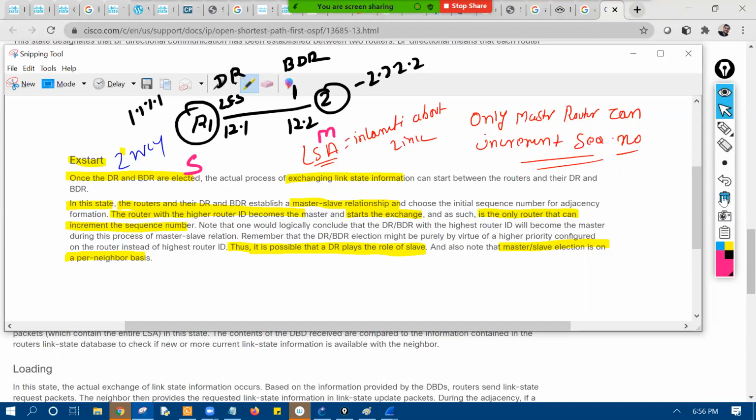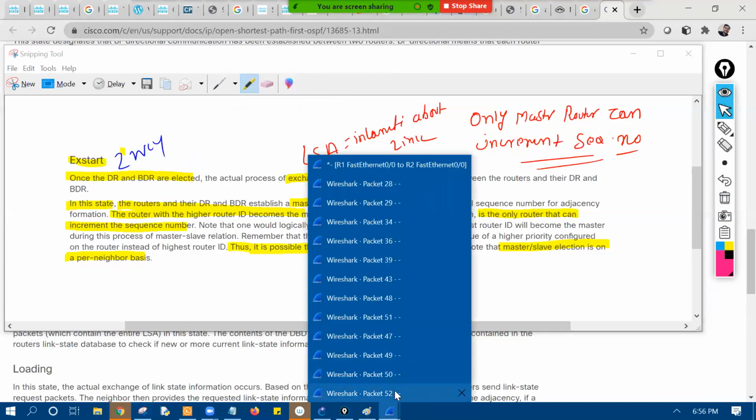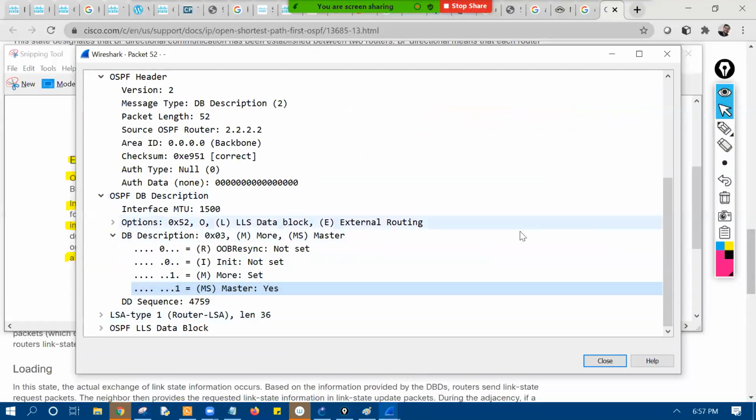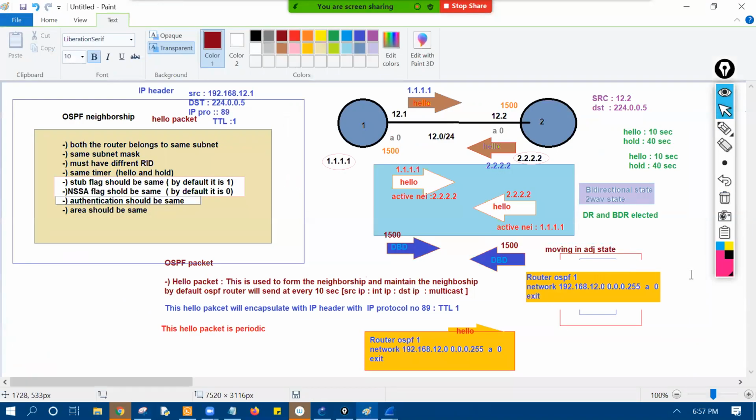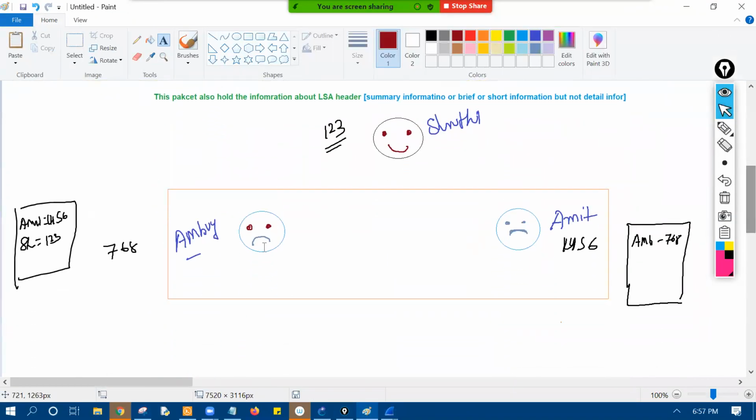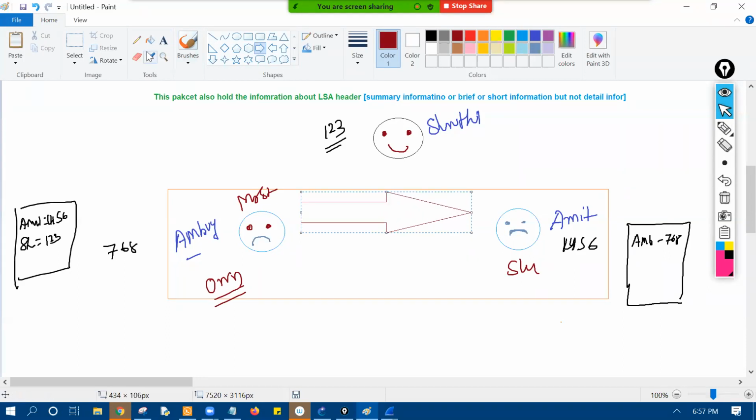Now have a look over there. Now what happened? At this point, both Ambuj and Amit have decided to exchange the information. Ambuj is first. He's going to say, I'm going to exchange the first information, right? Because I'm the owner. So this guy's a master in simple language, and this guy's a slave. So what master is going to inform the slave? Ambuj is sending the message to Amit. Hey Amit,